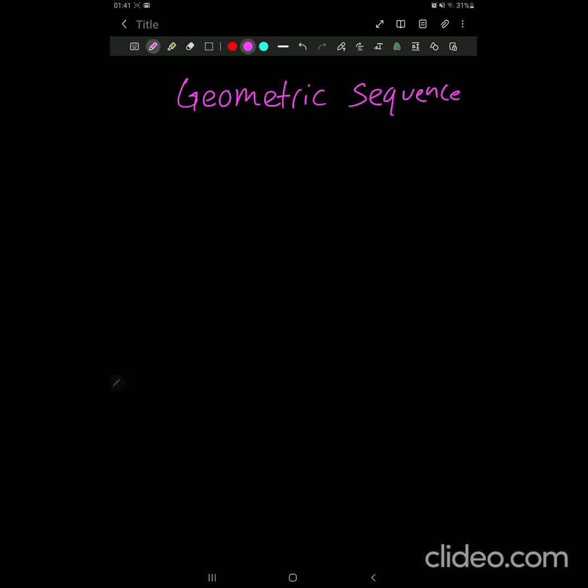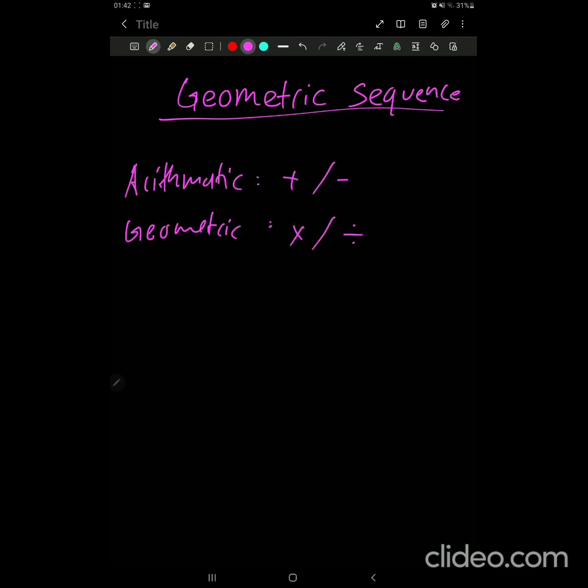The difference between arithmetic and geometric sequence is that arithmetic is an addition slash subtraction sequence, right? So to get from one term to another, we either subtract or add, while in a geometric sequence we either multiply or divide. So for example,